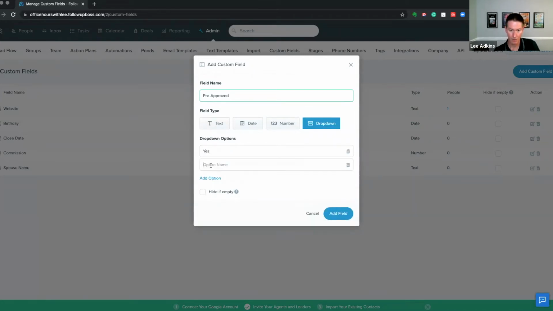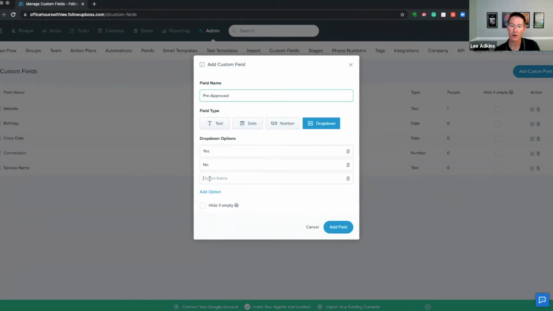And the biggest issue with this is just avoiding misspellings. So if this was a blank field and people were able to type yes, no, or getting pre-approved, and somebody misspelled one or something to that effect, it won't work properly in your list. So maybe setting up things like this, like yes, no, talking to lender.